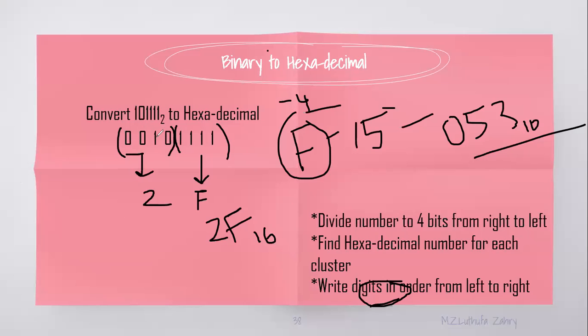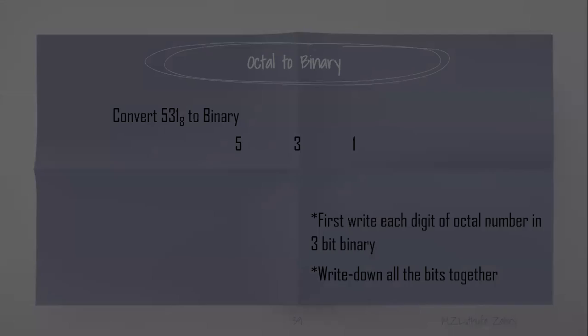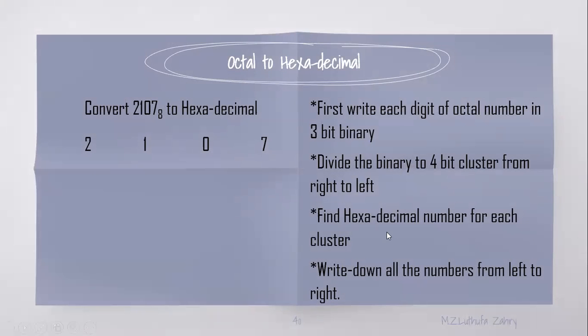Why? It is in the corner, right? I said you have to write it from left to right. As it is in the corner, you might not need the zeros. But if the number extends and you have a cluster in the middle, you have to add zeros to make it a full group. So don't get confused. Just add zeros to make it 4-bit clusters. That is how you're going to do it. That is how the conversion is.